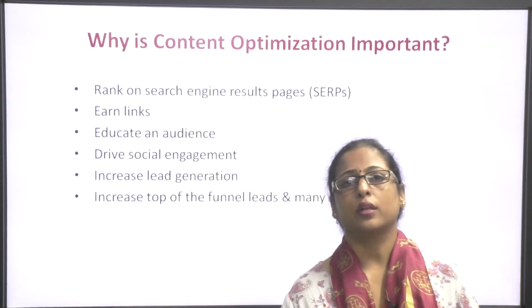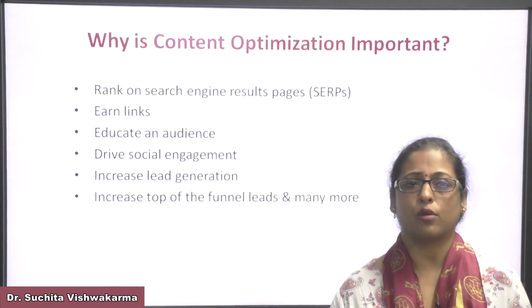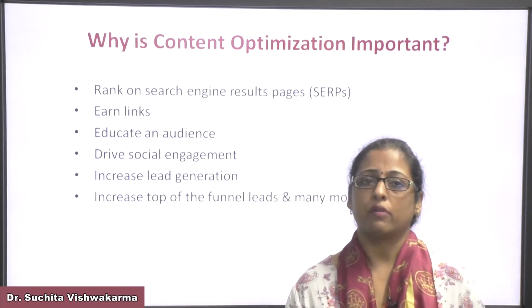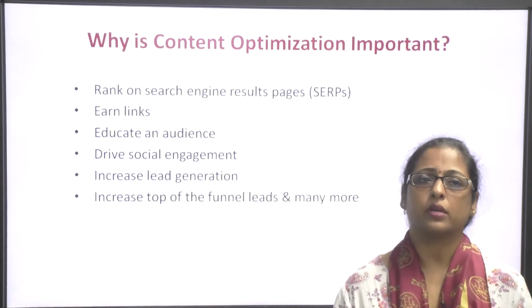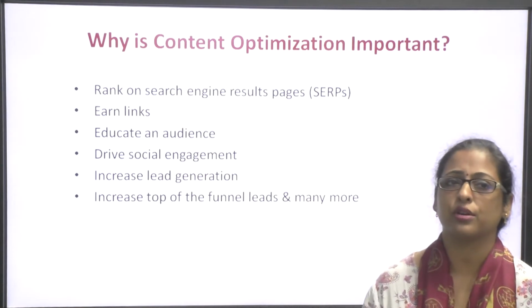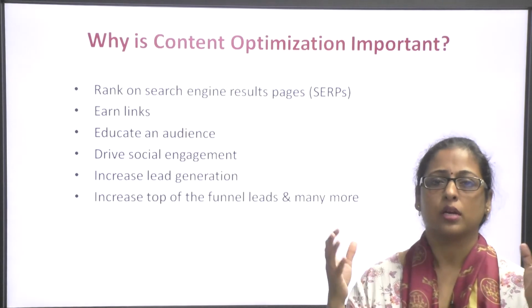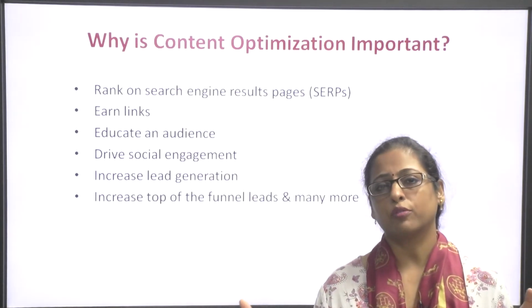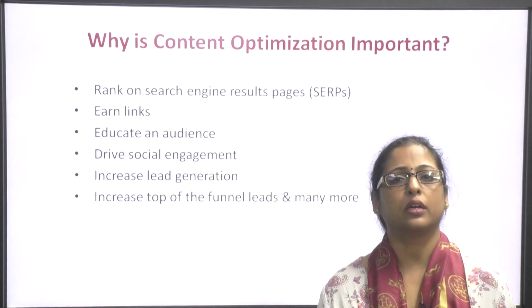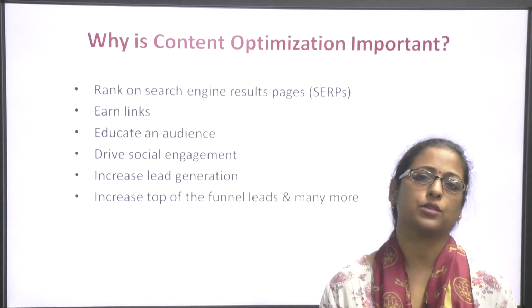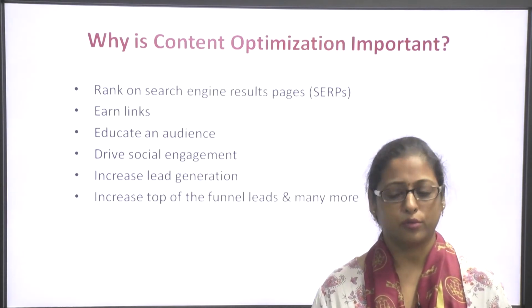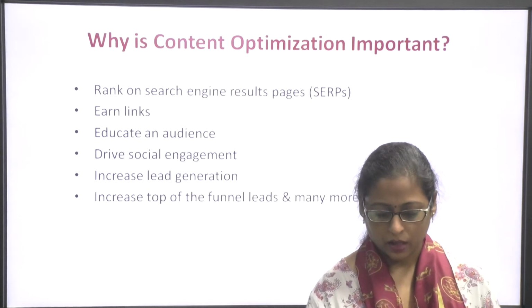Then educating the audience is also one of the reasons for optimizing the content. Driving social engagement activities, increasing lead generation, and increasing the top of the funnel, because we know that as the traffic increases, so would lead generation, and so would the profitability of the organization. So moving ahead,